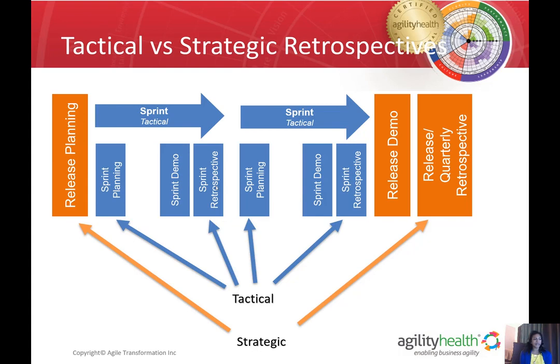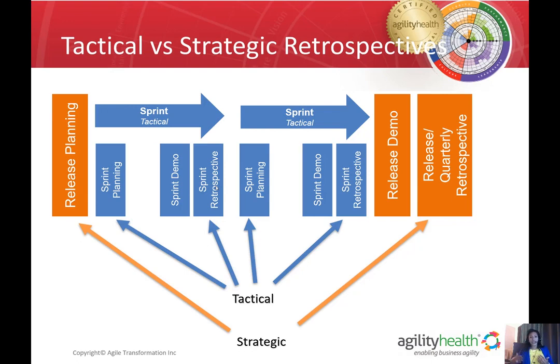What does that really mean? It means that we're looking deeper. We're looking more holistically, and we're looking over a longer time period. So oftentimes the sprint retrospective is much more focused on, how did the sprint go? This strategic retrospective is going to be more focused on, overall, how are we doing? Are we actually delivering the value? How is our management and leadership team doing? How are we doing on clarity? How is our team structure? So it's going to be digging a little bit deeper, and we really want to give it the time.